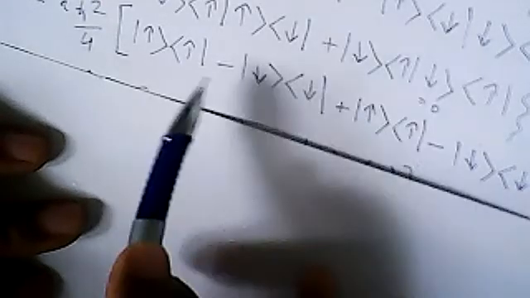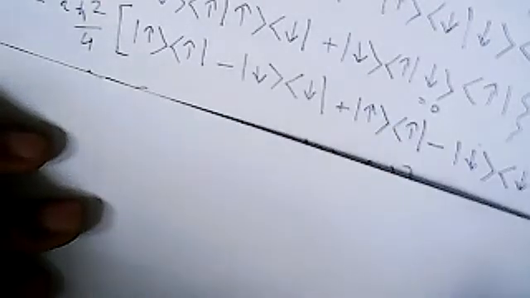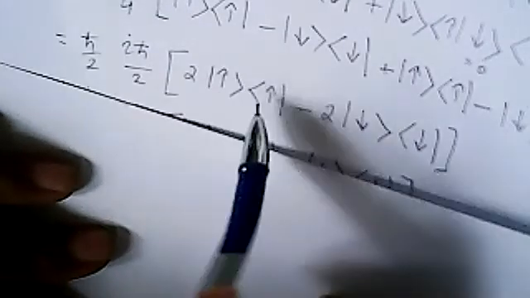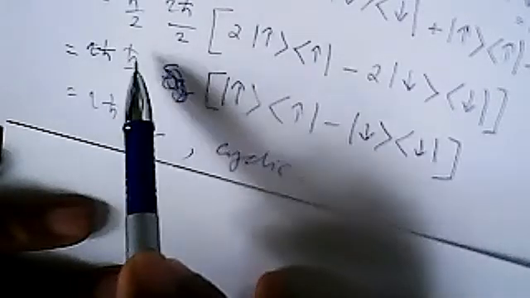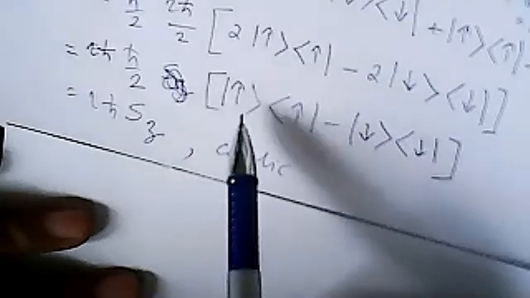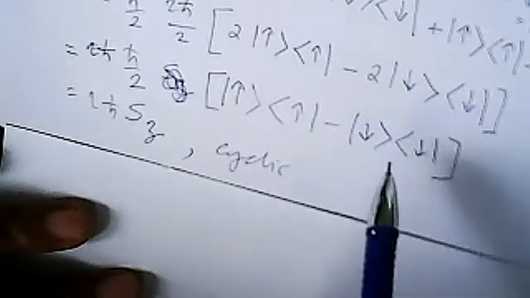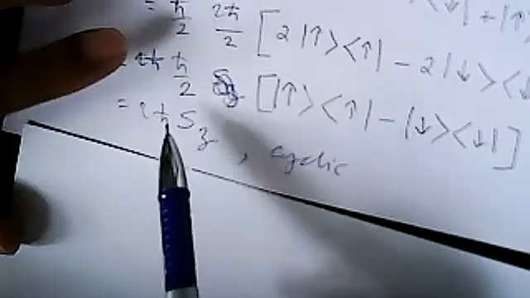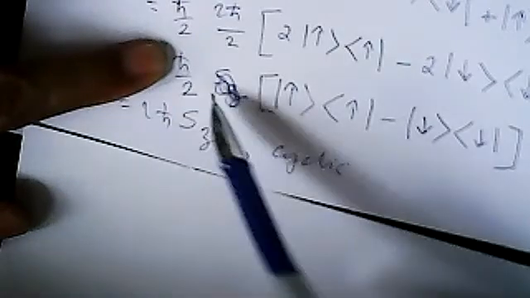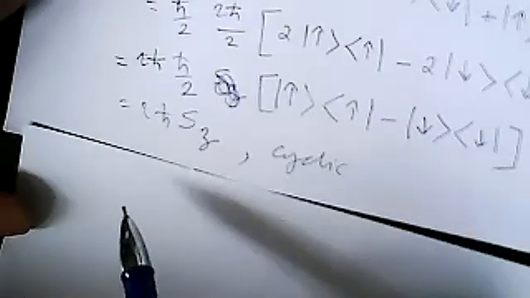So you can combine these two. Spin up, you can combine as 2 spin up, minus 2 spin down. So 2 you can take outside. So that becomes i h cross, h cross by 2, spin up minus spin down, which is nothing but, if you remove the i h cross, what remains is S_z. From the definition, you can check with the S_z definition. So S_z automatically comes.